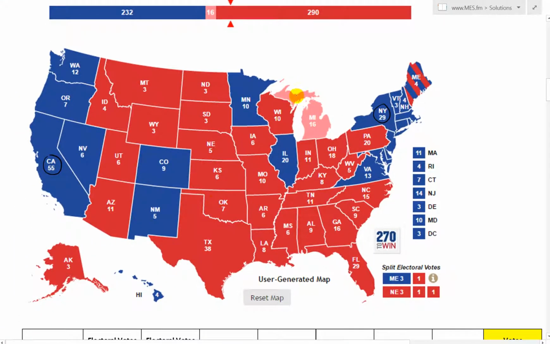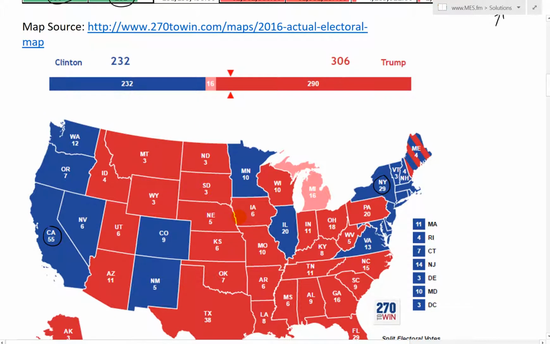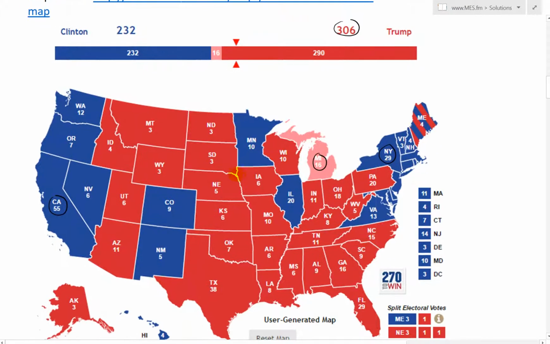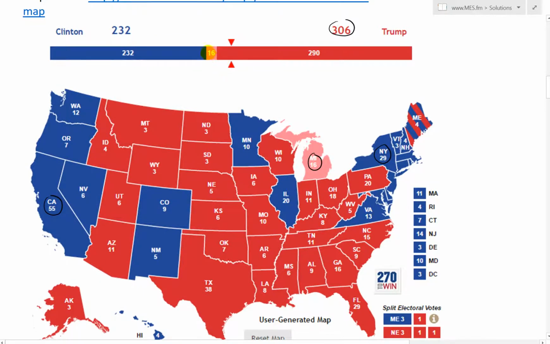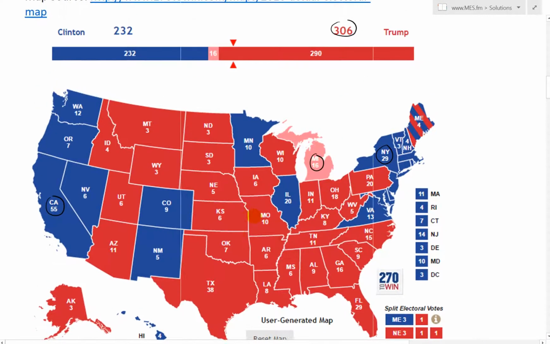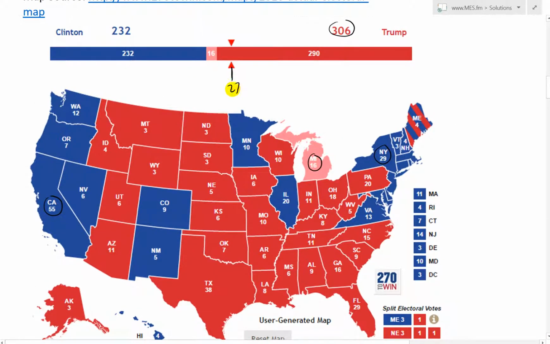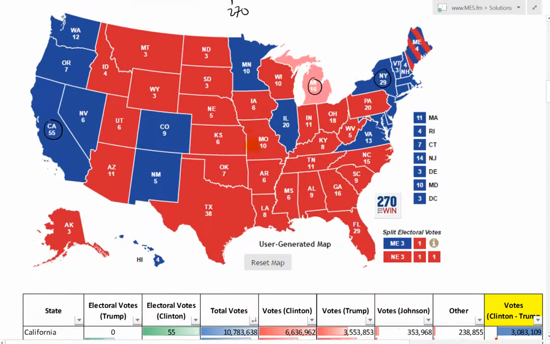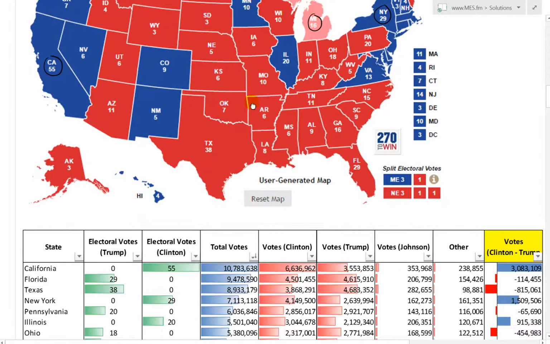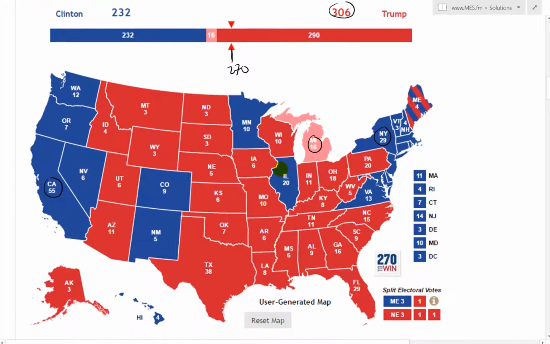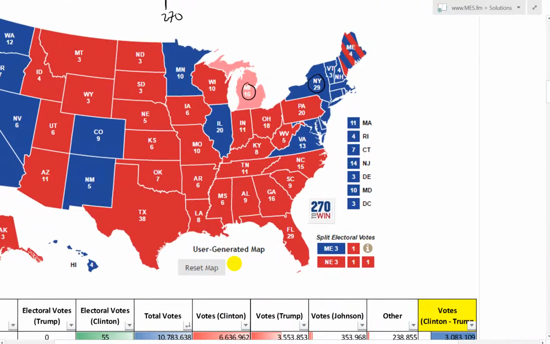Light red is Michigan. The results haven't fully come in, but it's projected that these 16 electoral votes will go to Trump, which will get him to 306. Right now he's at 290, and there's 16. And this half is 270. So you just need to get more than 270, or 270 and more, to win. Now these states in here are a bit too small to put the text in,